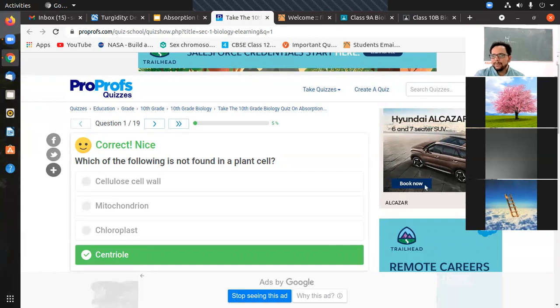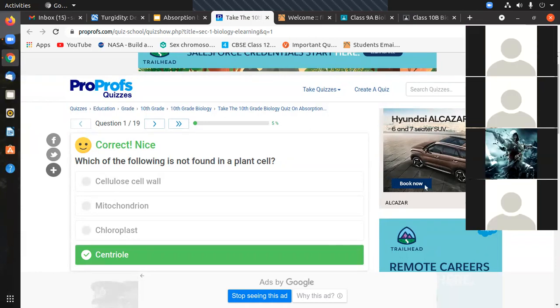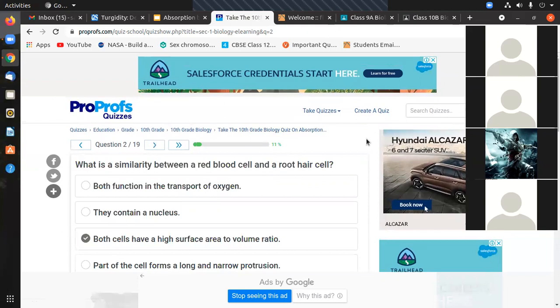Okay, good. If no one knows, then you do it as homework. Search for what it is that a plant cell needs instead of a centriole, if it is not present within the plant cell. How does mitosis happen without a centriole? We had done this in class, so you can check it out. I will move to the next question.